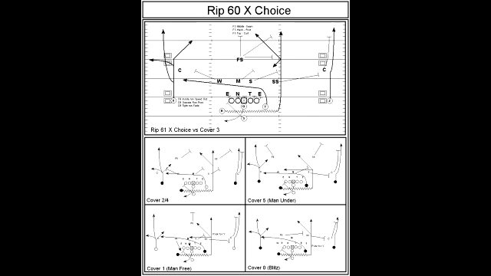This next play here is a little bit more complex, but it's built off of the go concept. This play is 61 X choice. It's actually labeled wrong at the top of the diagram. It should be 61 X choice. Why is it 61? It's because the quarterback this time is rolling out to his left, and X is his